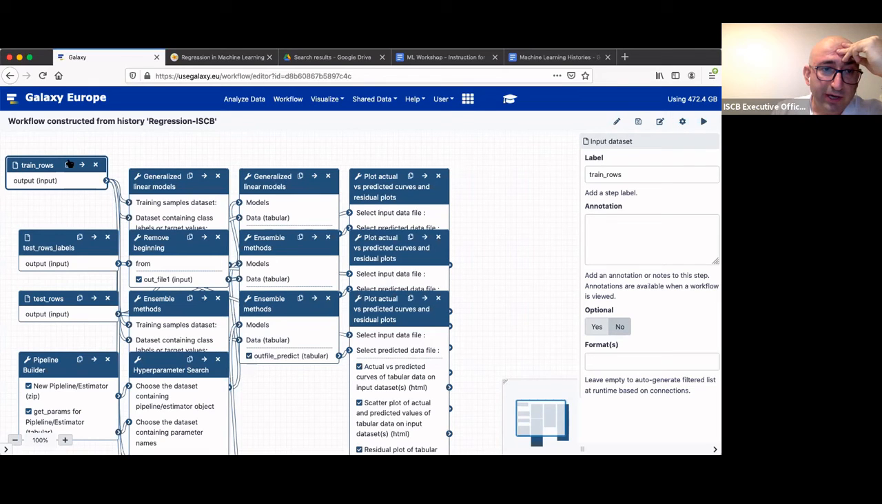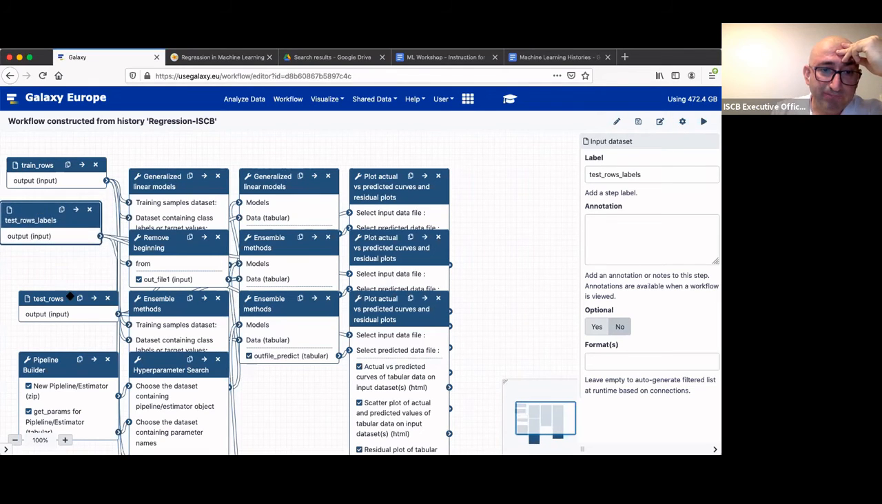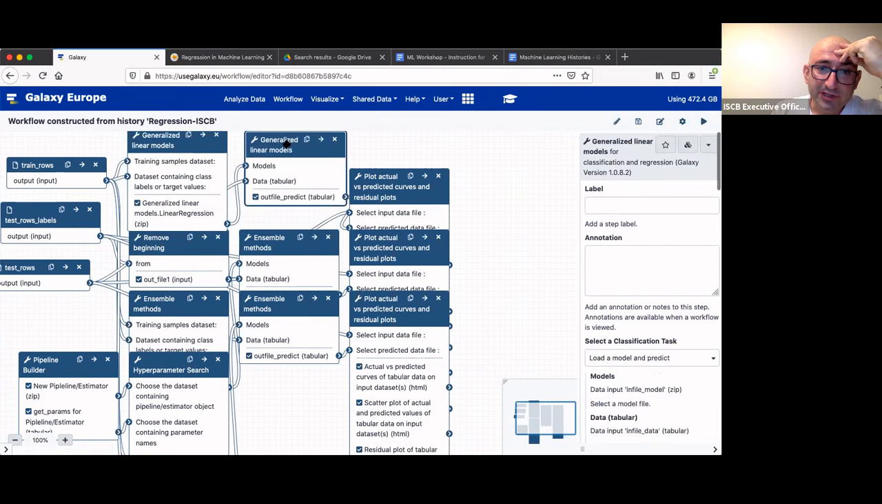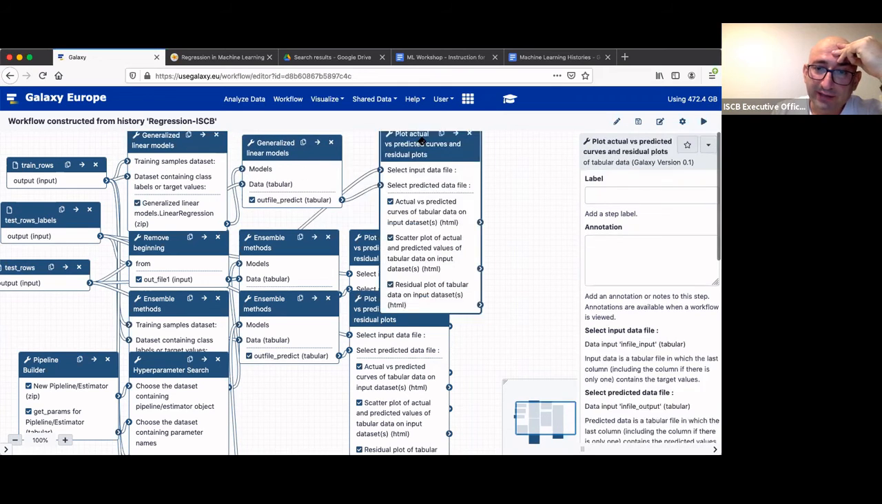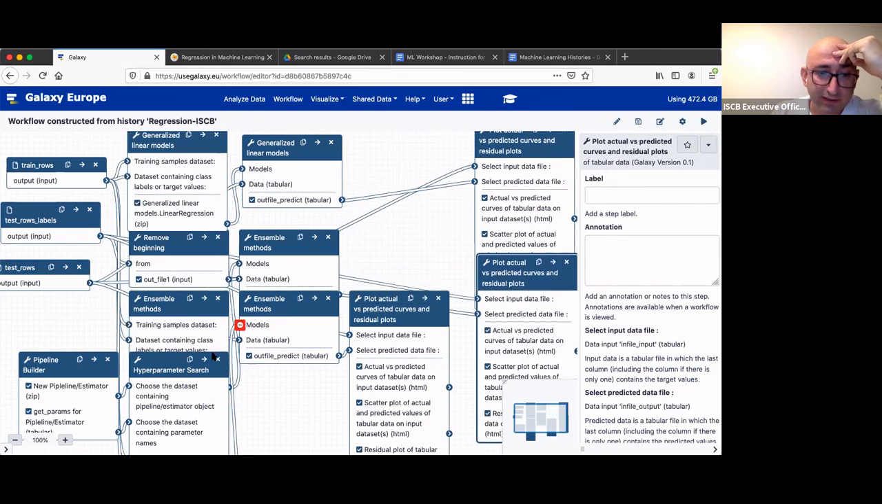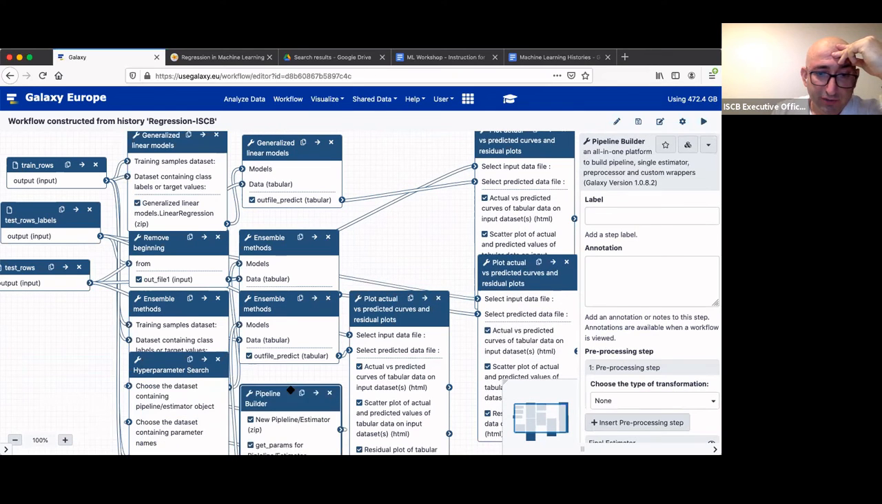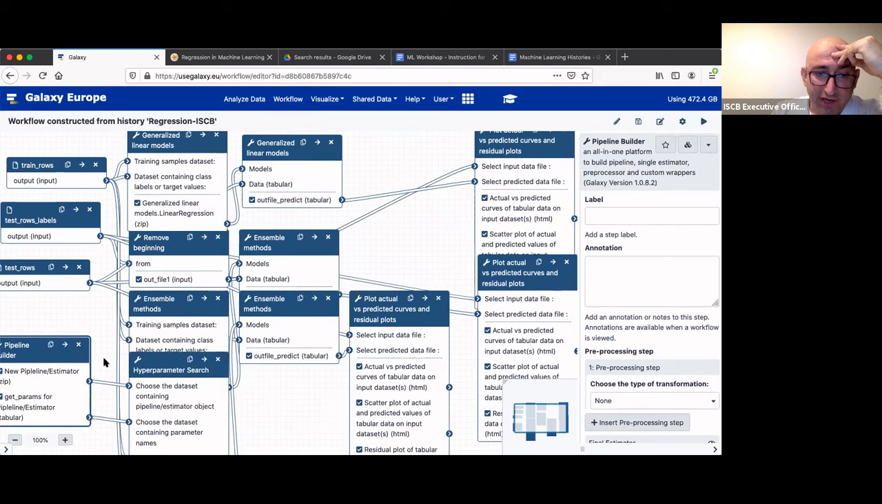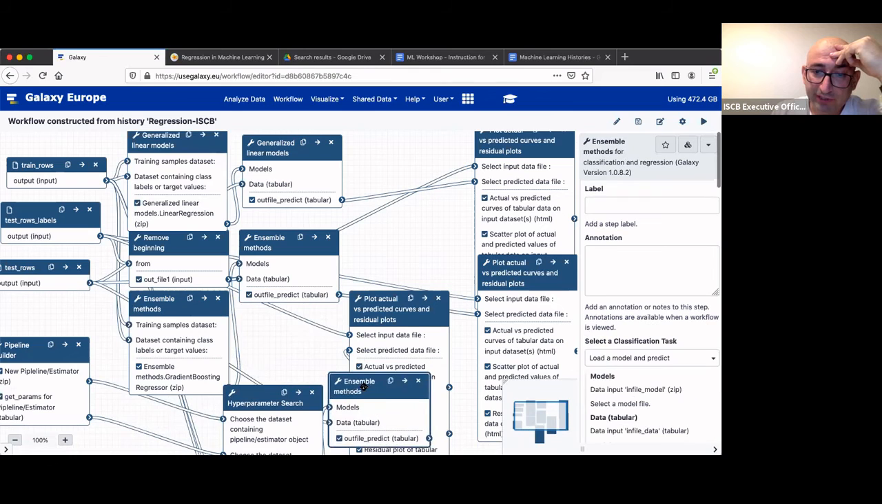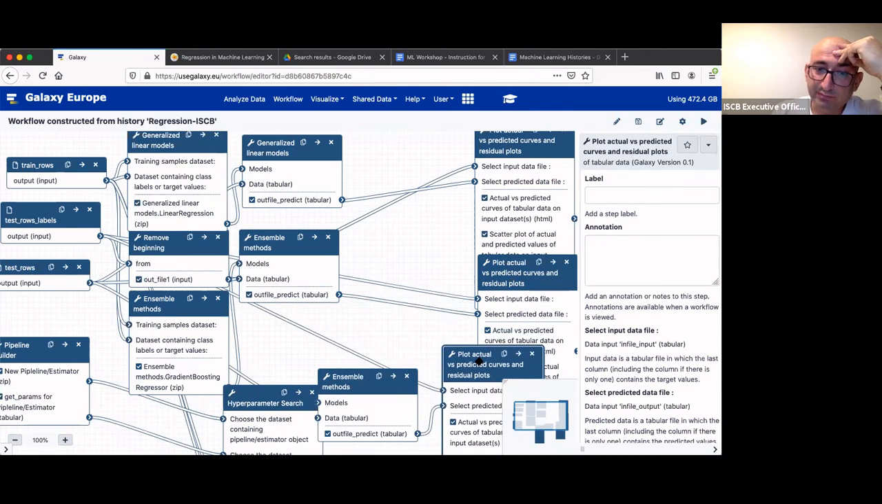Okay, these are the data sets. Remember, these three. And yeah, this is the generalized linear model. You build your model, you predict your model, and it is for the visualization. And here you have again for the ensemble, and it is for the pipeline builder. You see, you have a pipeline builder, and in the hyperparameter search, you predict the model, and again in ensemble method you predict, and it is the plot for it. So it is your workflow,